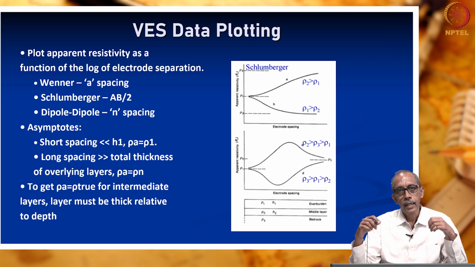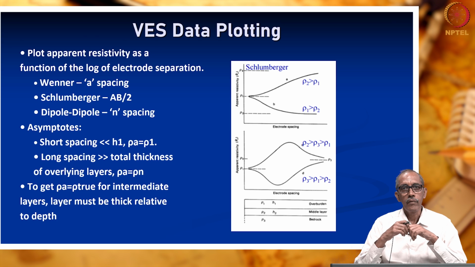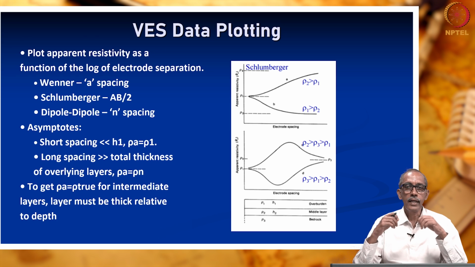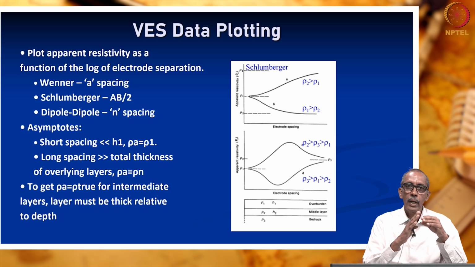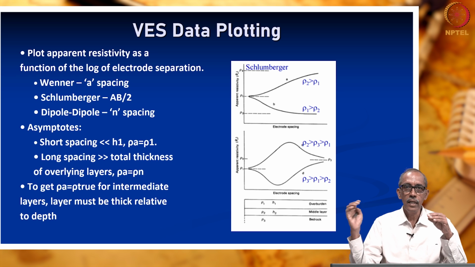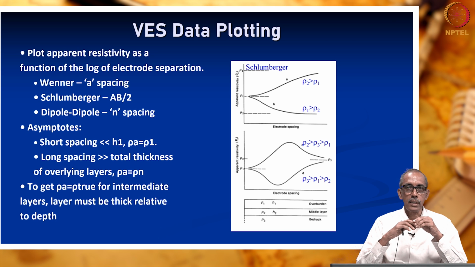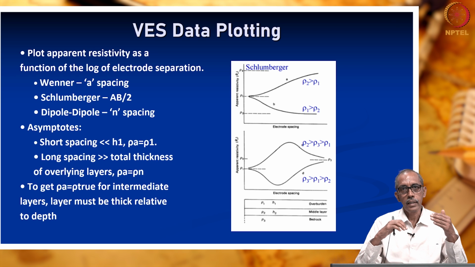Hello everyone. In the previous lecture, we were looking into how electrical resistivity survey can be carried out in the field. There are three major ways by which we can carry out the electrical resistivity survey. What are they? One is electrical profiling. We had elaborately looked into how electrical profiling can be carried out. Electrical profiling is carried out mainly to understand the lateral variation in the lithological formations. The second method is vertical electrical sounding. That is what we had seen in the previous lecture.